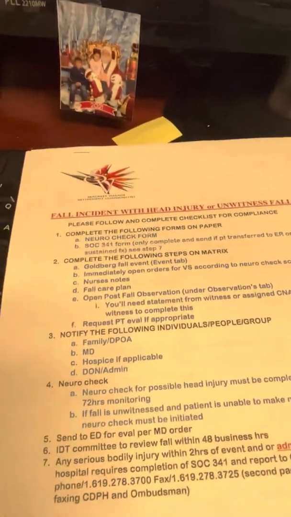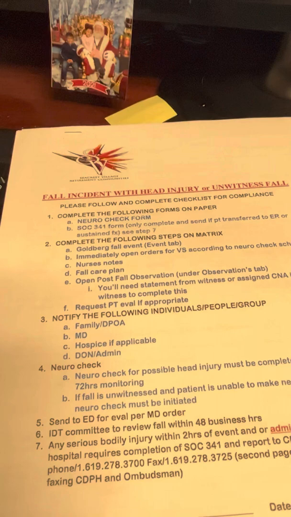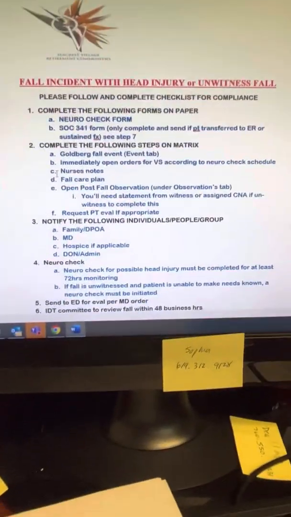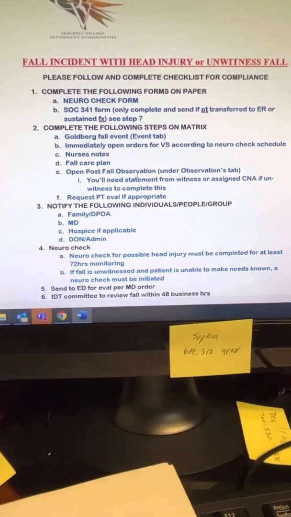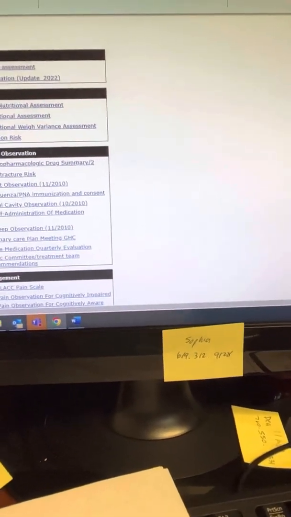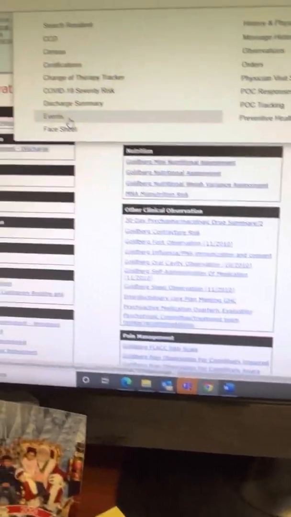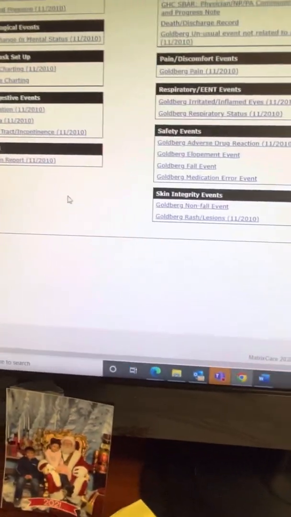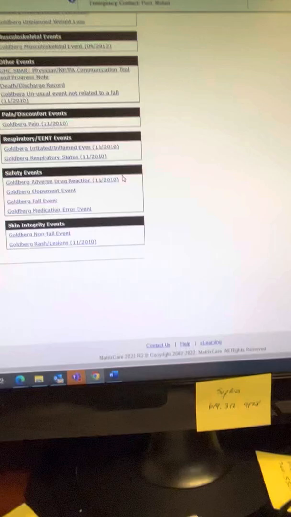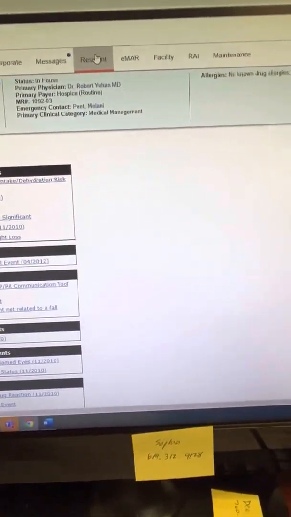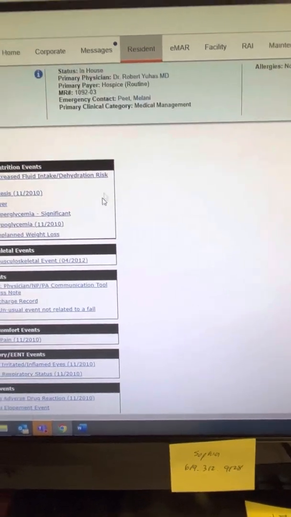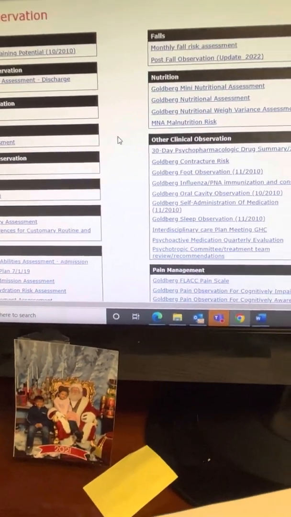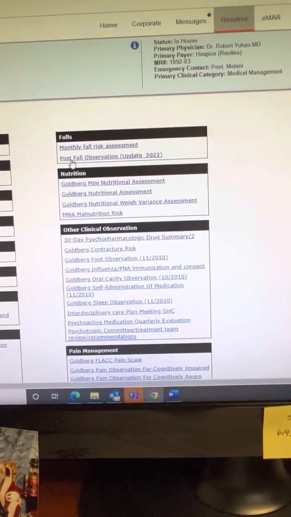Okay, so the last step two is on the E part right here. So step 2 is telling you to basically open a post-fall observation. Okay, if you remember, once there's a fall, we go under events, just right here, and then you open a fall event. That's right here. Once you do the fall event, there's also an observation. You go under resident and you go under observations, and this is the event where you need to acquire a CNA basically note. So right here under falls, you go post fall observation,